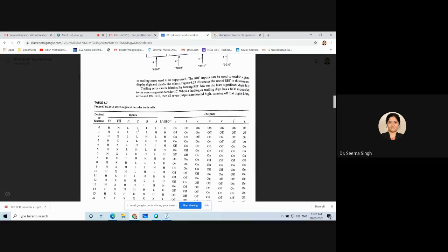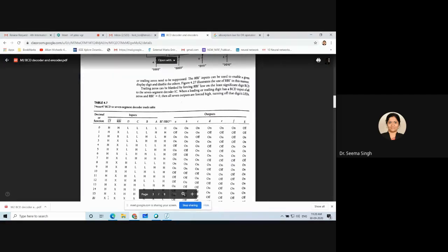Testing the lamp is nothing but testing the working of those 7 LEDs. So only for that checking mode or inspection mode, this LT bar is used. For application purposes, we make it high. That means this is not activated and you keep on with your display application. But if I make this LT as 0, being active low, then it is used as a control to test your LED or lamp. So this is one of the inputs which you should know what it is for.